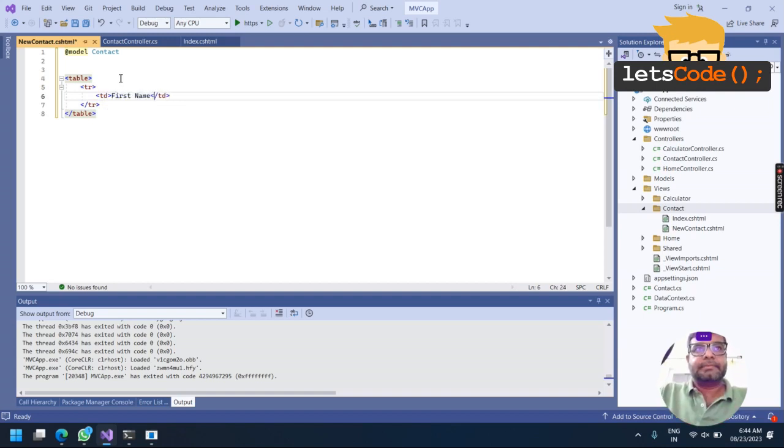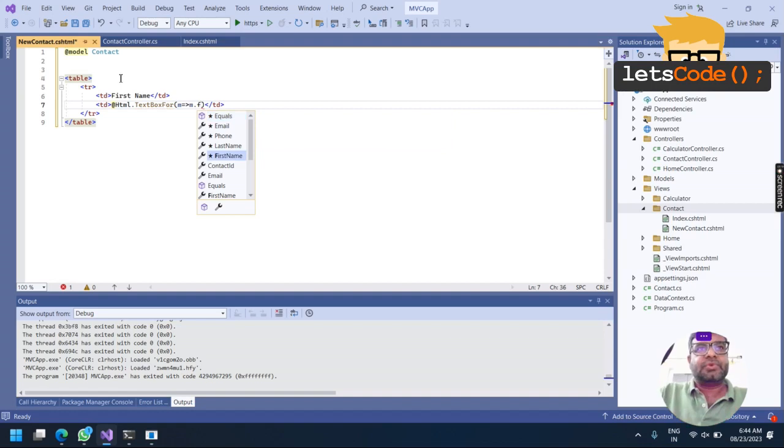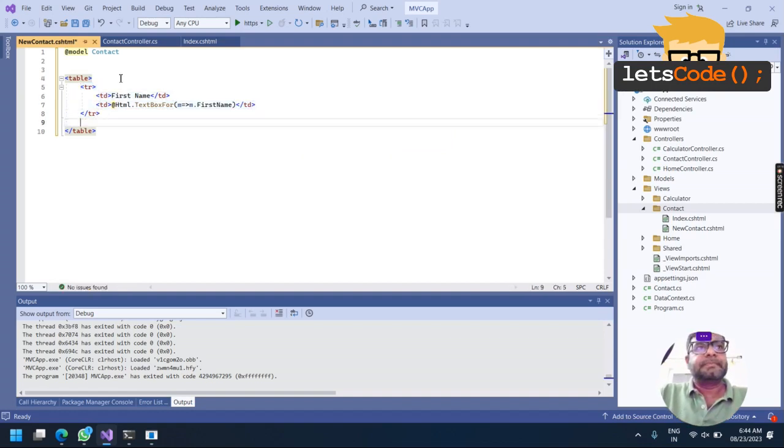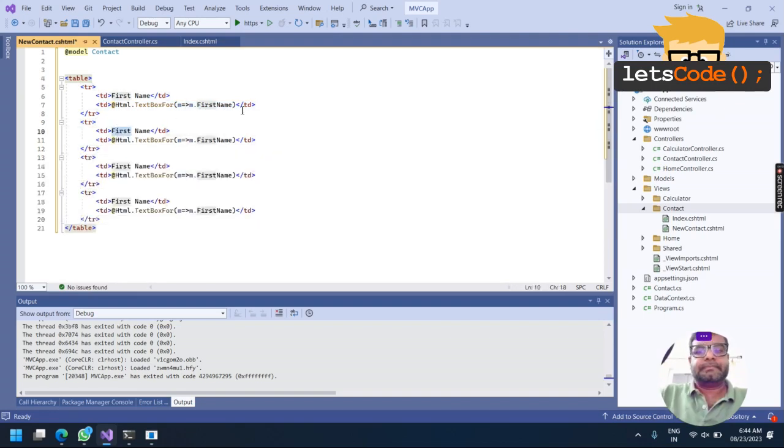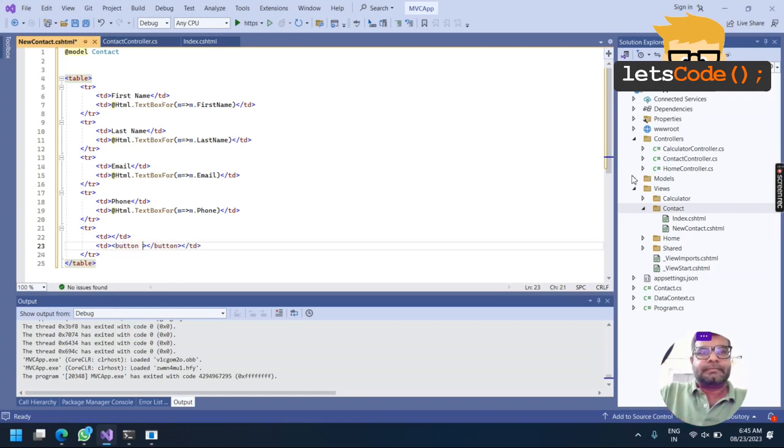So we had first name, and we have already seen how to create bound controls. Then last name, and one last button for add new. We'll keep it as a submit button. Save.